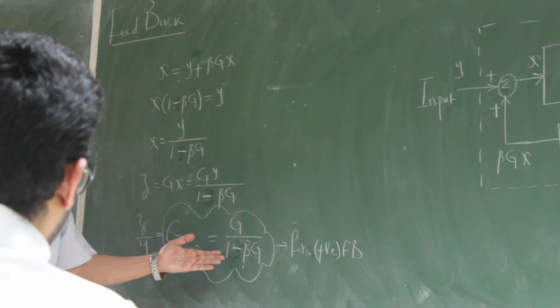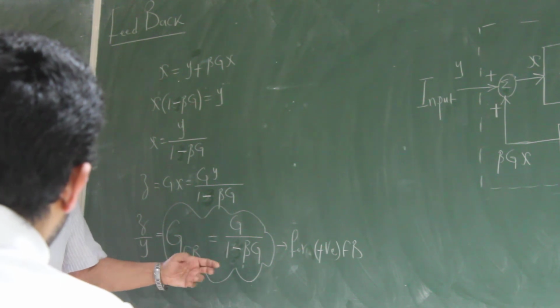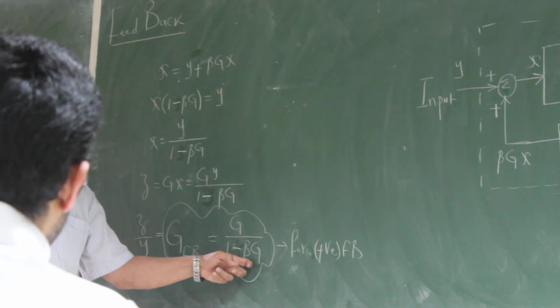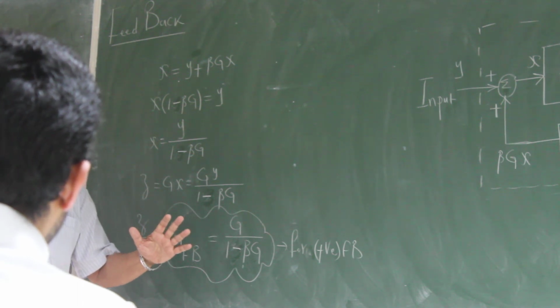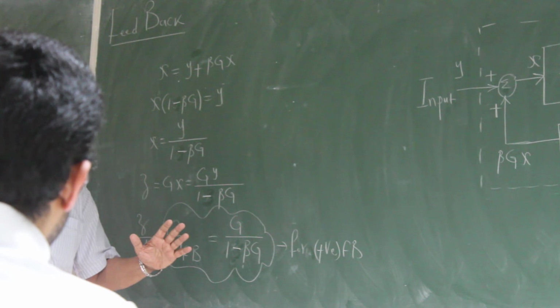If we read this, definitely the denominator will be less than 1. So we expect that the gain will be higher. We may